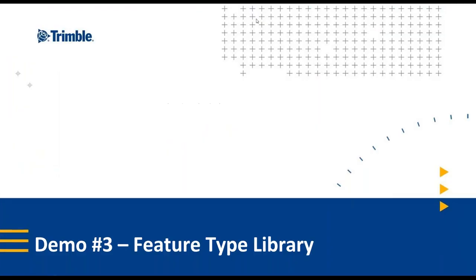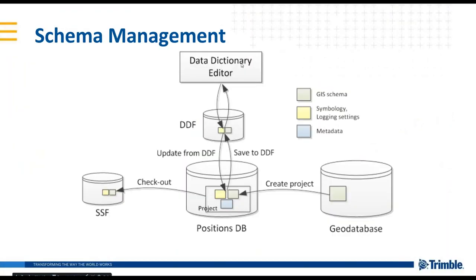All right. So that was the highlight of the new release, the feature type library. It is important to remember how schemas are managed. When you first create a project, we take the Esri schema and we store a representation of it in that positions database. And then when you save it out to the DDF, now the DDF has a representation of the schema. If you edit that schema, or you've edited the symbology,